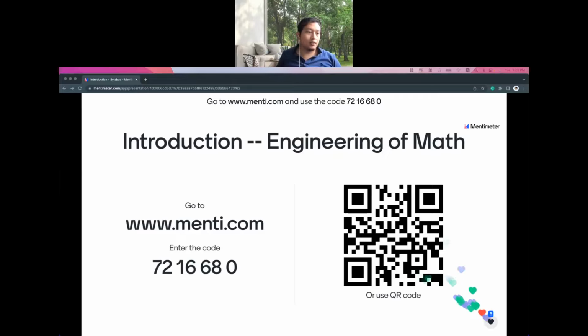Okay, so our course, Engineering of Math. This is Engineering of Math 1. It's supposed to have a second part, so there will be another Engineering of Math 2, but I'm still not sure whether we still have that after this course. Nevertheless, we are going to try to finish the whole semester